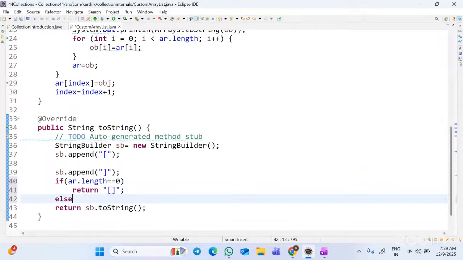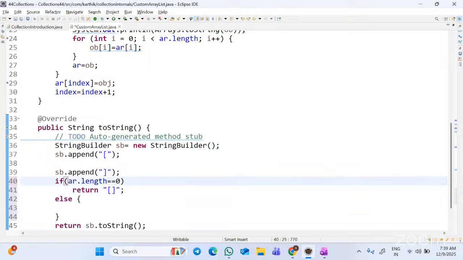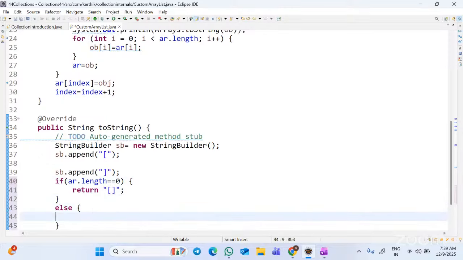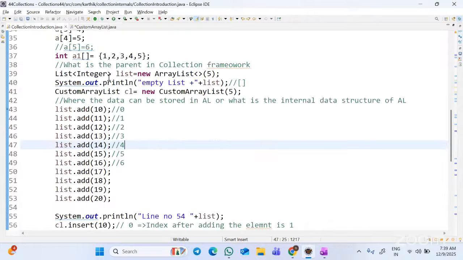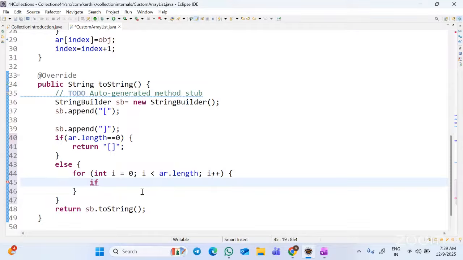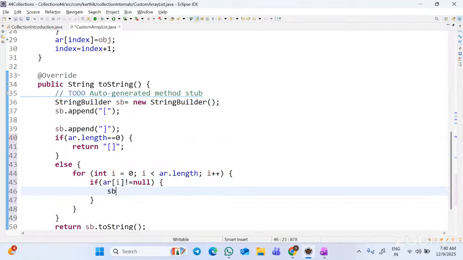Now else, what do you need to do? If it is not 0, then you need to iterate over the predefined array, correct? Else, I am iterating for int i equal to 0, i less than AR dot length, i plus plus. Now they are not even giving null also, correct? Here it's a capital Integer. Are you getting null? So you need to do a null check also. If AR of i not equal to null, then SB dot append AR of i, correct? And then followed by,